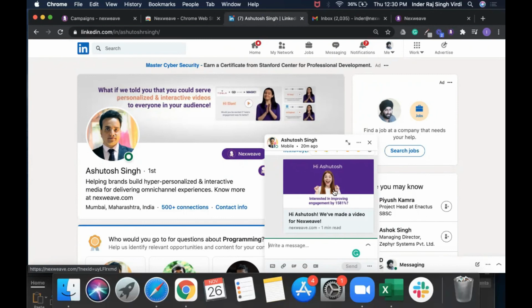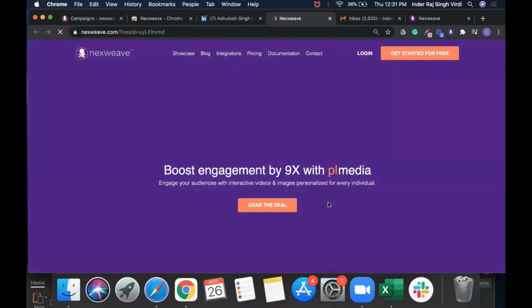Specifically, this piece, in terms of how you can insert a personalized image as a social preview, is something that we'll cover in a different video. But there you have it. You've seen how the plugin can be used with an email flow. This is how the plugin is being used with the LinkedIn flow. And when the user clicks on this, it will again take him to the same landing page that has been created. And a video will be shown for Ashutosh.